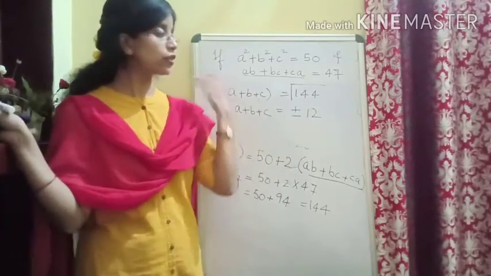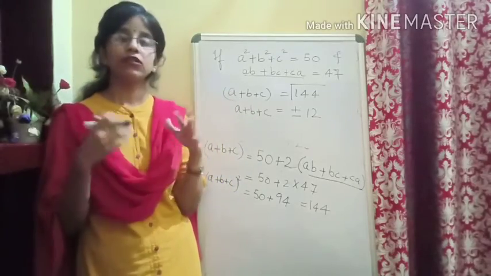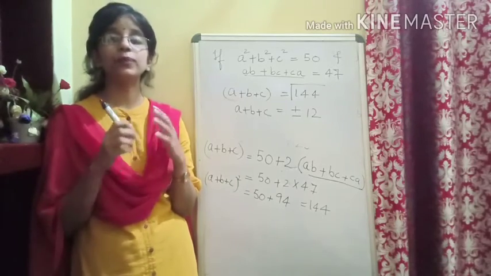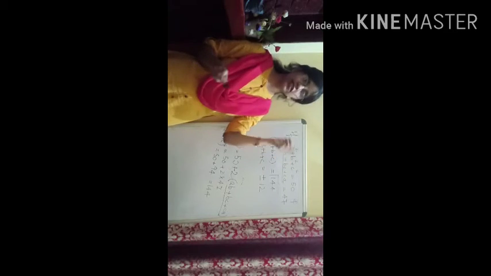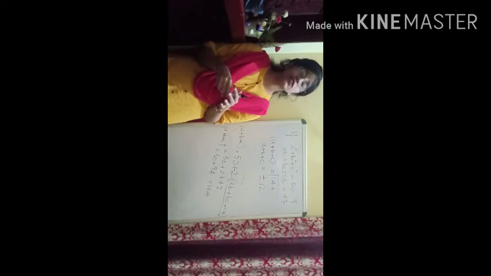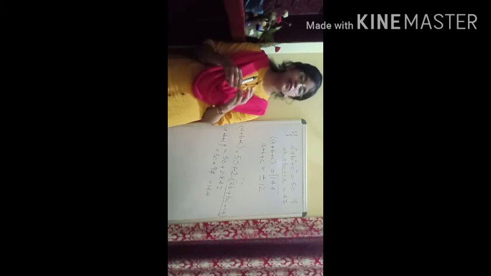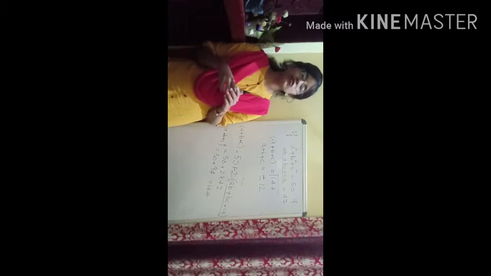So this is the end of our first exercise 3a. We are going to give you some questions from the exercise, and you please practice all these questions. Here we have seen the square identities, and in our next class we are going to see the cube identities, and we will be solving questions based on cube identities. Cube means power 3. Okay, and before that we will be giving you some questions.